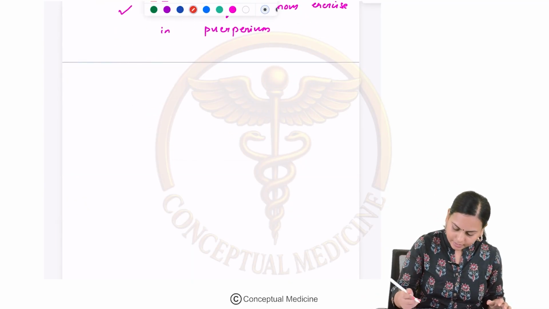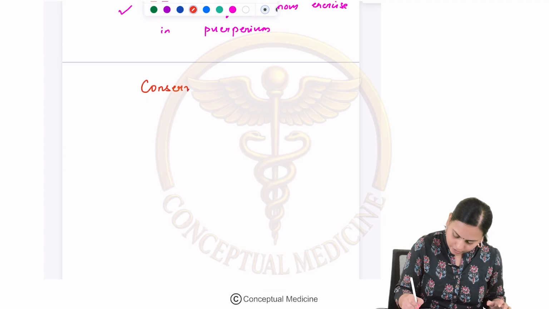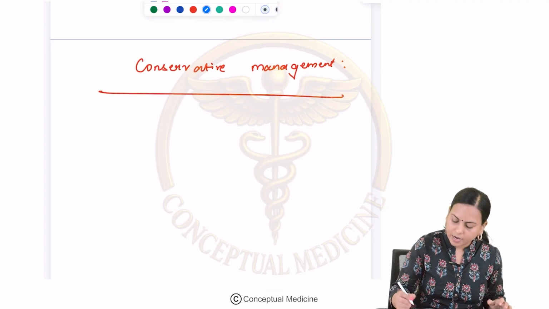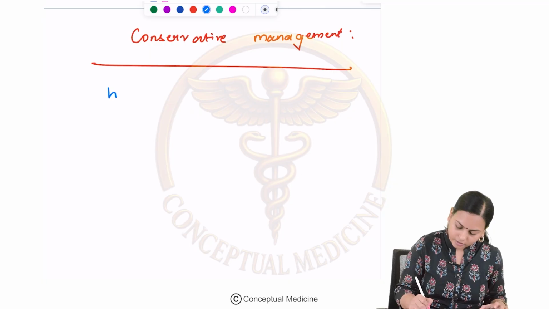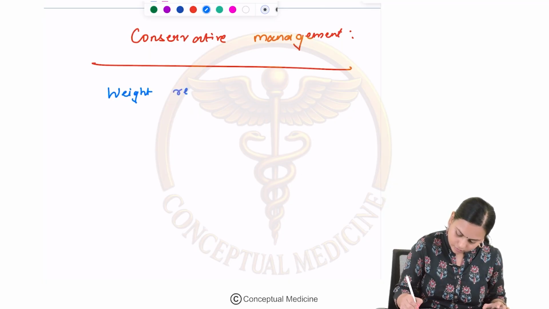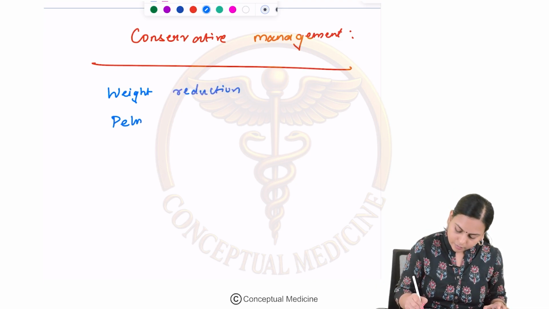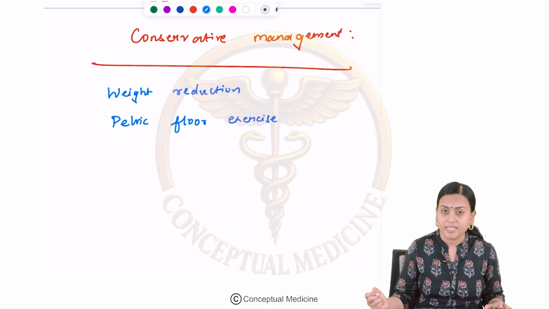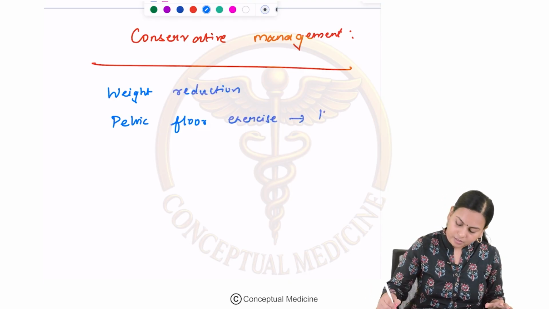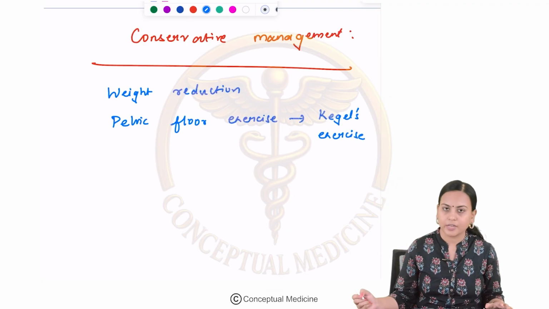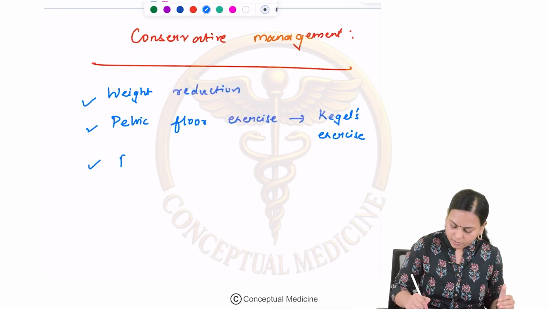Now, let us see about the conservative management of pelvic organ prolapse. You should advise them on weight reduction. And pelvic floor exercise should also be advised. That is nothing but your Kegels exercise. Okay, and pessary is also a